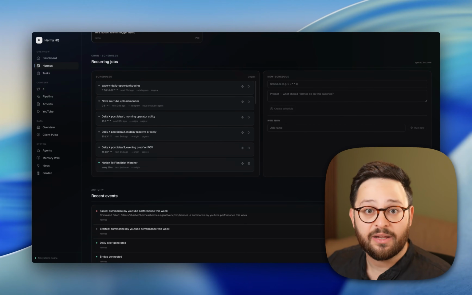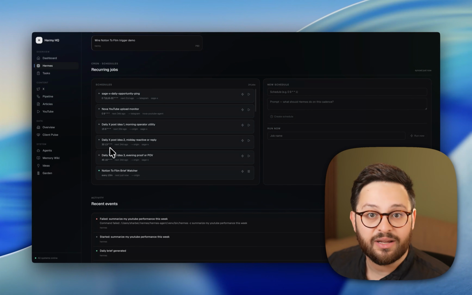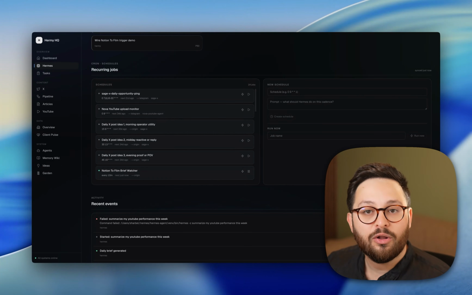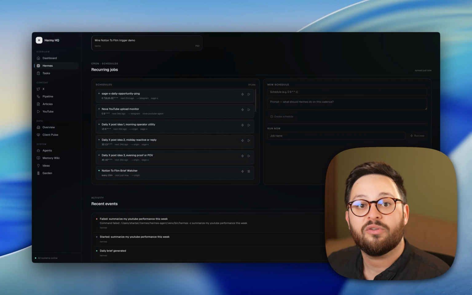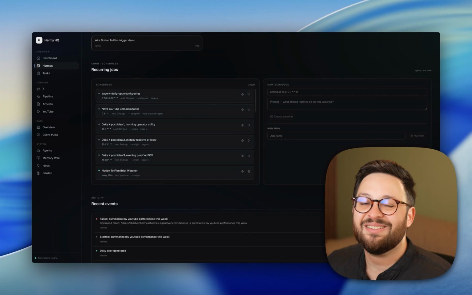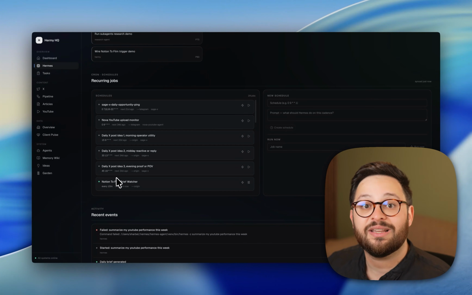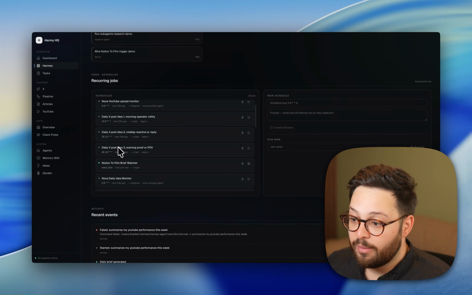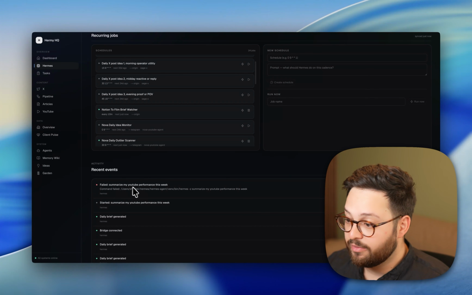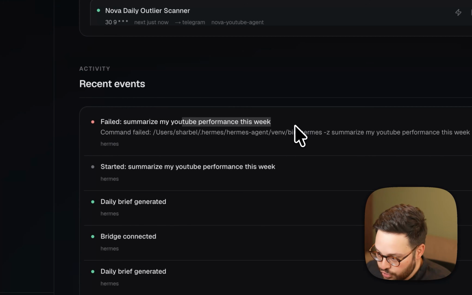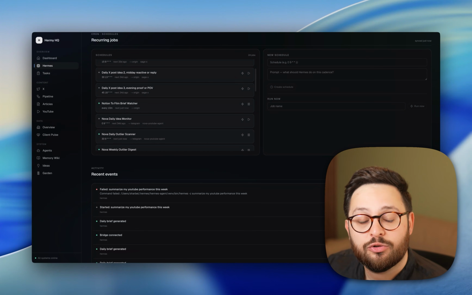A cron job can fail, a credential can expire, a delivery can break, a model can error, and if all of that lives in logs somewhere, you will not notice until the workflow was supposed to save you time and it didn't. So the dashboard needs a cron monitor, not just a list of schedules, a real monitor that shows you what crons ran and what happened. For example, the thing I just literally asked it to do has errored,